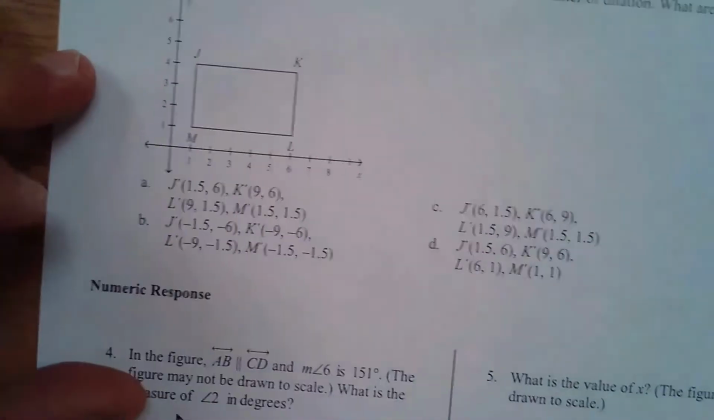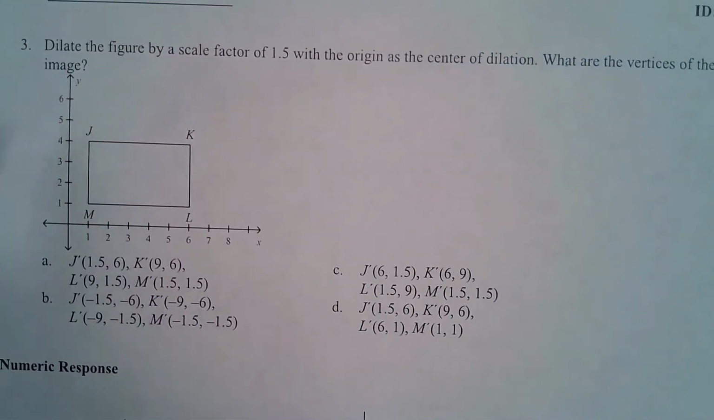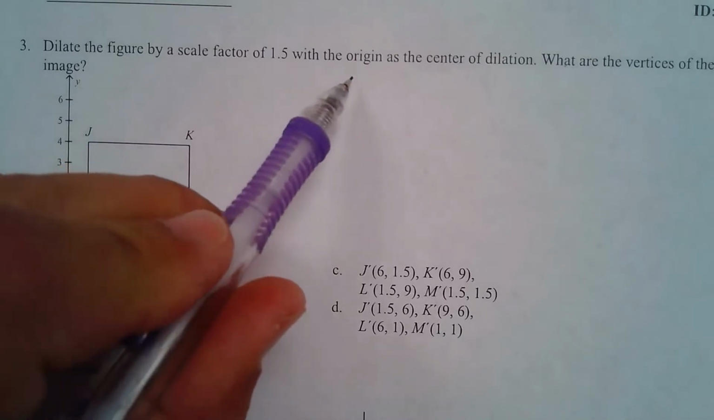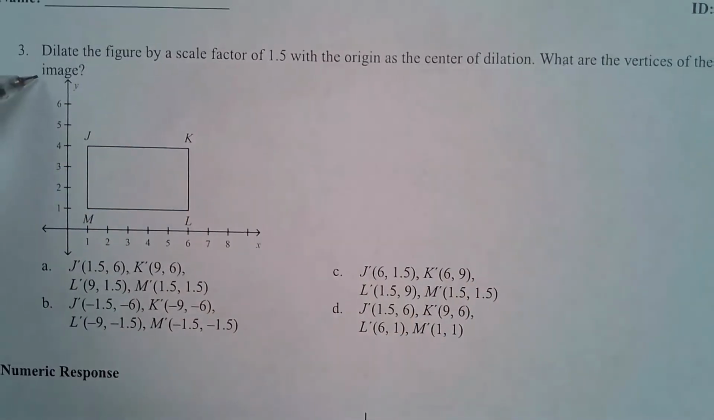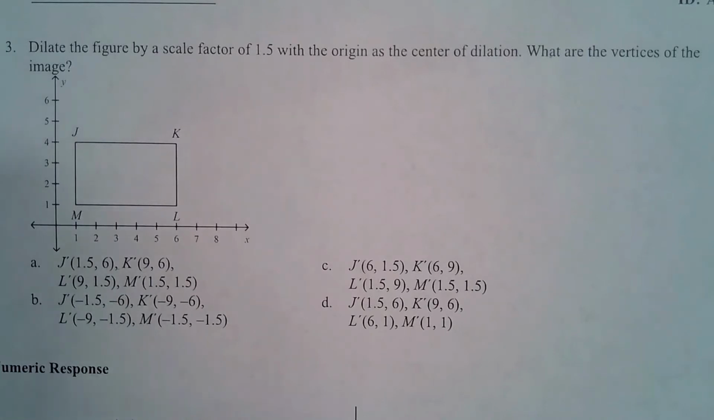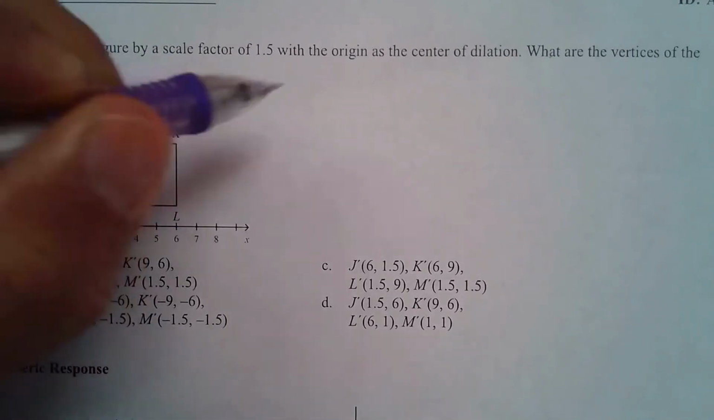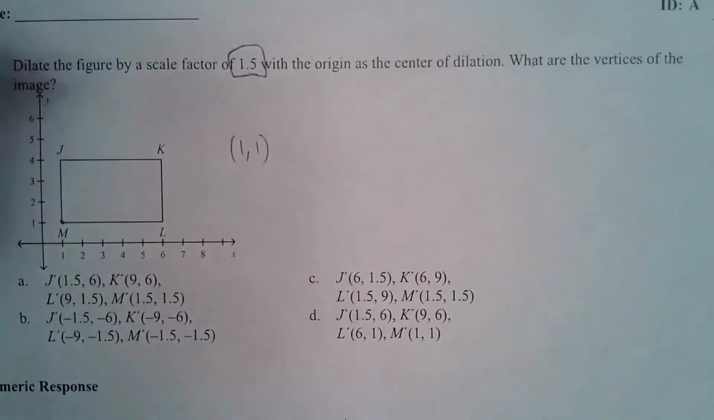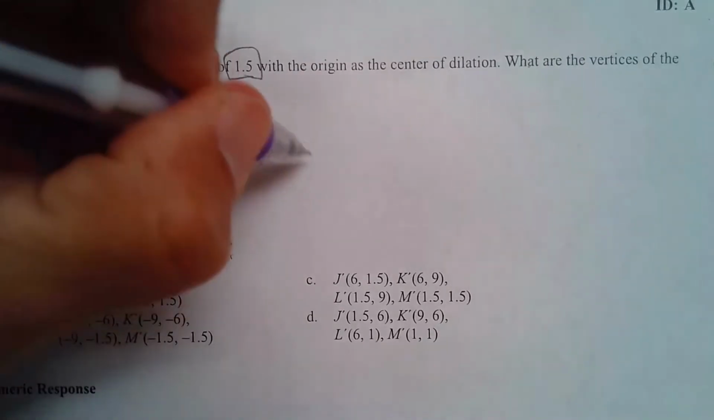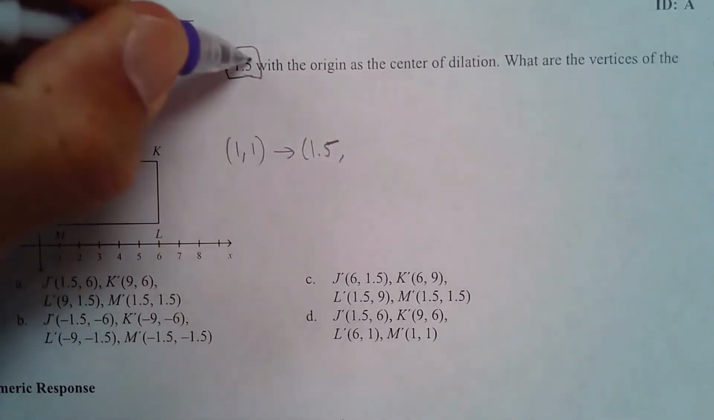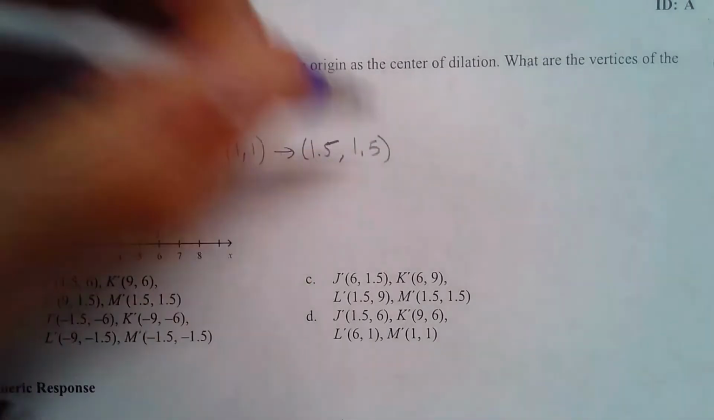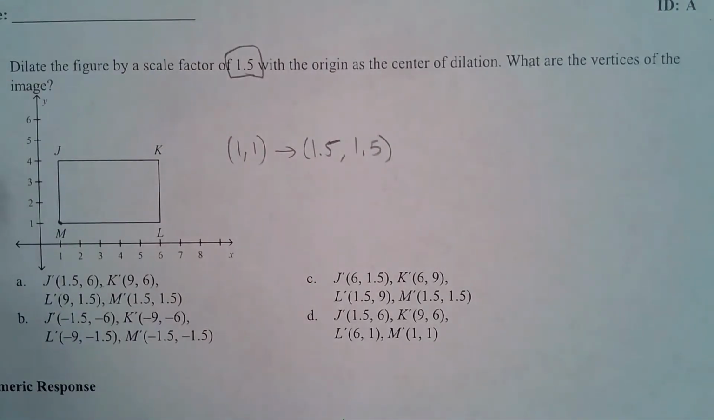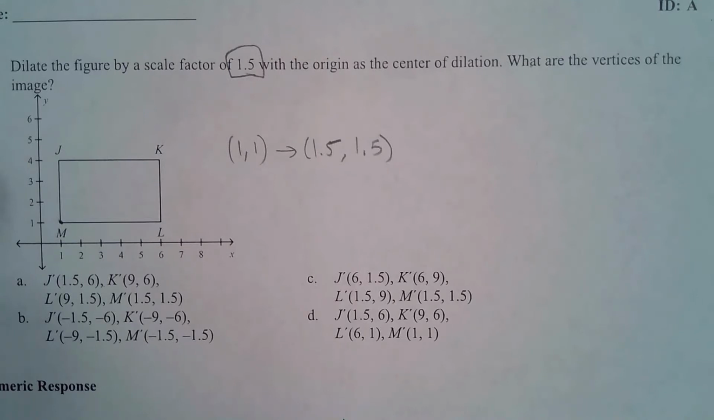And we'll go to the back side. And we're asked to dilate the figure by a scale factor of 1.5 with the origin as the center of the dilation. What are the vertices of the image? Well, let's get the location of these. Let's just go with this point right here, 1 comma 1. If it's 1.5, then we have to multiply each of these. 1 times 1.5 is 1.5, comma 1 times 1.5 again is 1.5. And let's see which of these has 1.5 comma 1.5